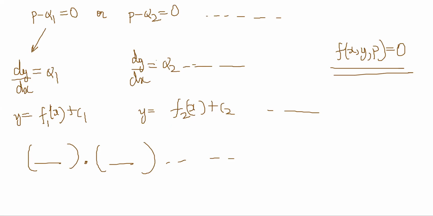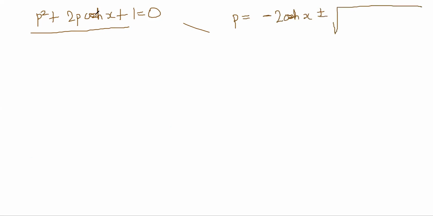So we'll look at one or two examples that he has shown. For example, question number one, the first one: p square plus 2p cos of x plus 1 is 0. This is a quadratic in p, so we can immediately solve for p. p is equal to minus 2 cos of x plus minus root over (2 cos of x) whole square minus 4,